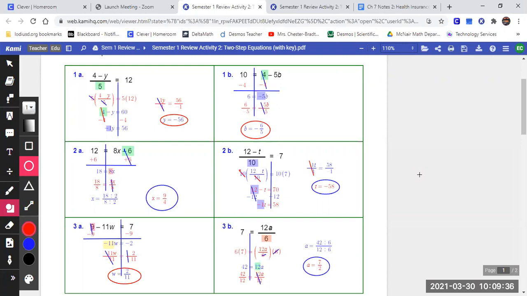Okay, so you are to be working in Zoom on your homework assignment, or you are in Zoom working on getting these notes